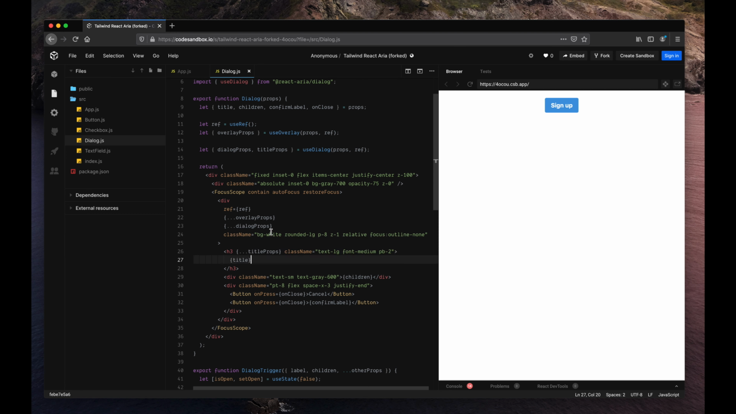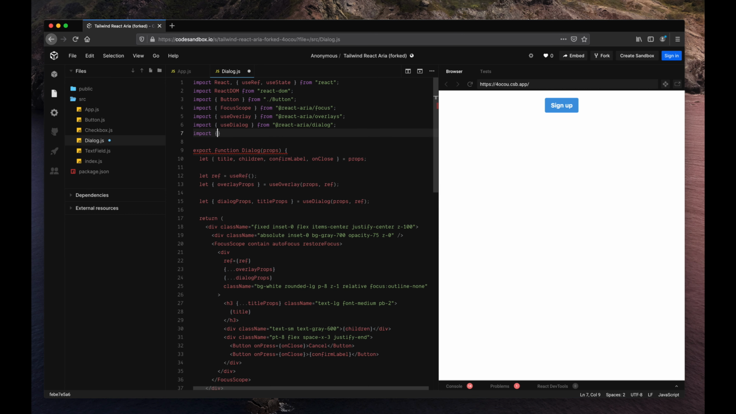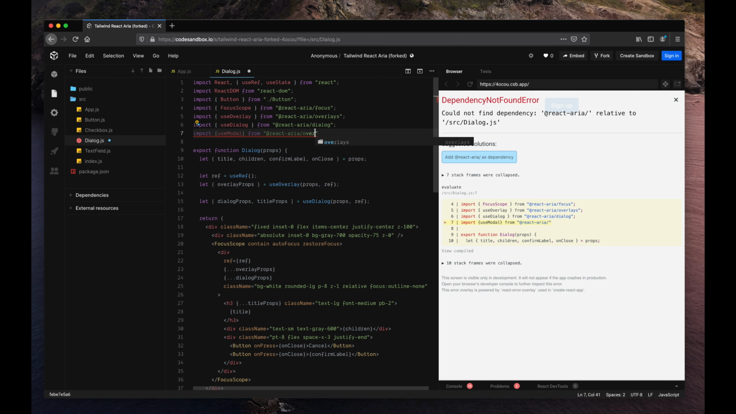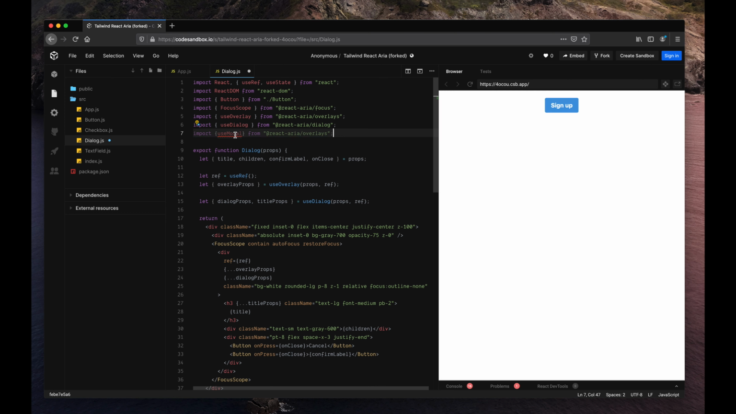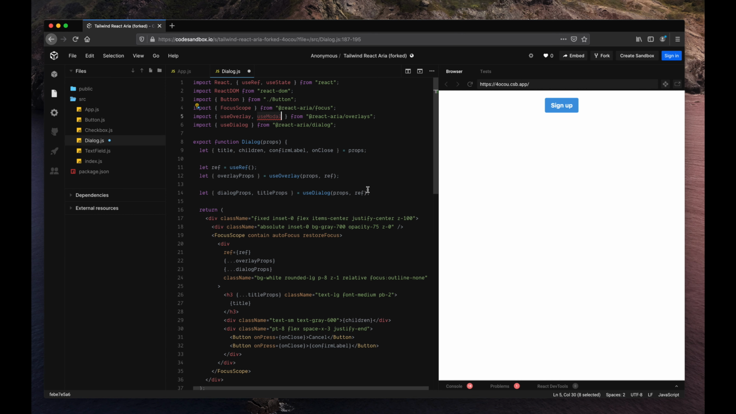So there's a couple steps to do this. First of all, we need to import useModal from React Aria / overlays, I think. I guess I could put it up here as well. Combine the imports. Okay, so